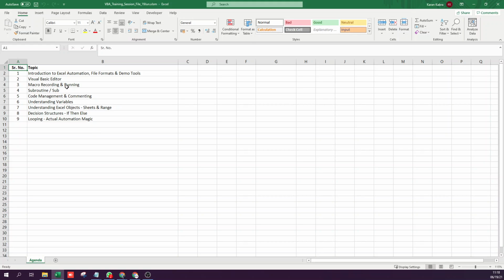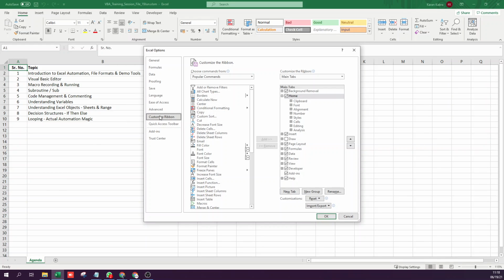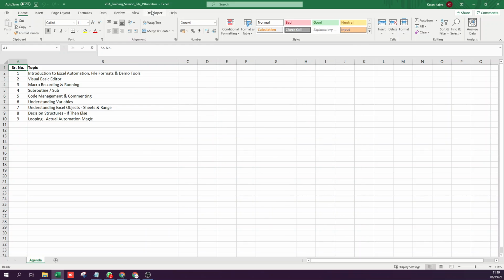Okay, so let me show you where you write code. So first of all, I'm sure most of you will not have this developer tab in the ribbon. To get the developer tab, you can go to Excel options, customize ribbon, and here I think this would be unchecked. So you have to check this. And by the way, you don't need to do this together with me. Just focus your energies right now on the session and then you can look at the recording and try it on your own. So here you'll have to check this, and when you hit OK, you'll see the developer tab here.